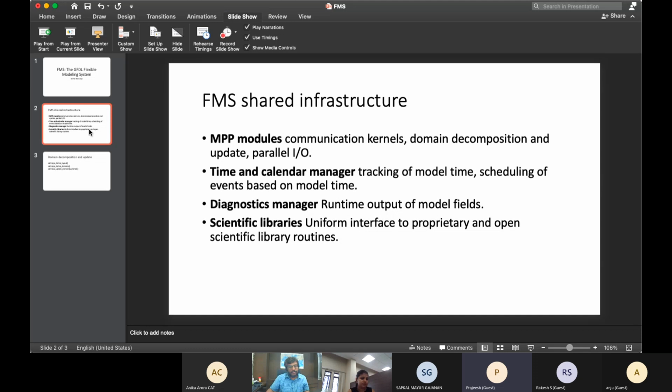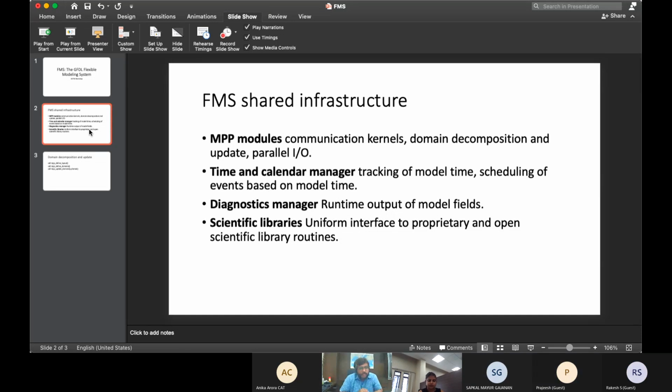The FMS provides basic functionalities such as domain decomposition, domain update, parallel IO, and other functionalities like time and calendar manager, tracking the model time and such things.